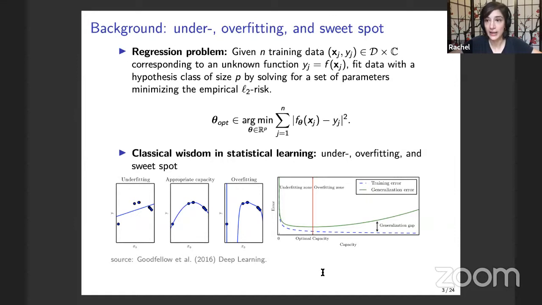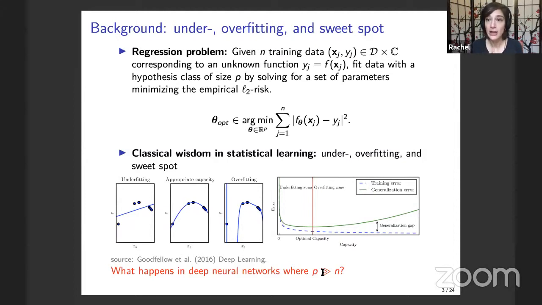Now, this is a classical concept, but this goes completely against what happens in modern large-scale neural network optimization. Modern neural networks are, as I said, nonlinear regression functions with very nonlinear hypothesis classes, f sub theta. But still, they're trained to minimize an empirical risk, where a set of parameters theta that minimizes this risk is found by gradient descent, really simple optimization methods like stochastic gradient descent. And they found empirically over the years that by taking p, the number of parameters in these nonlinear models, to be much bigger than n,